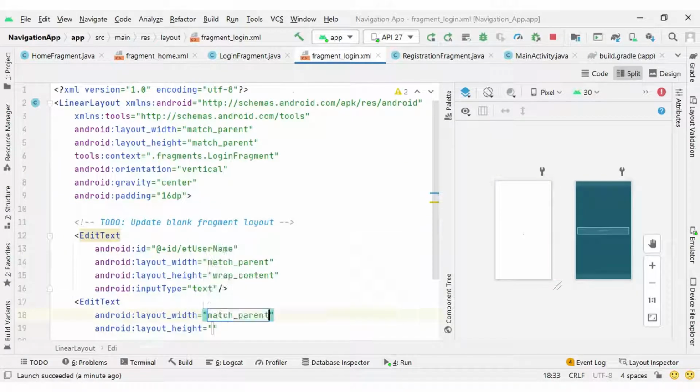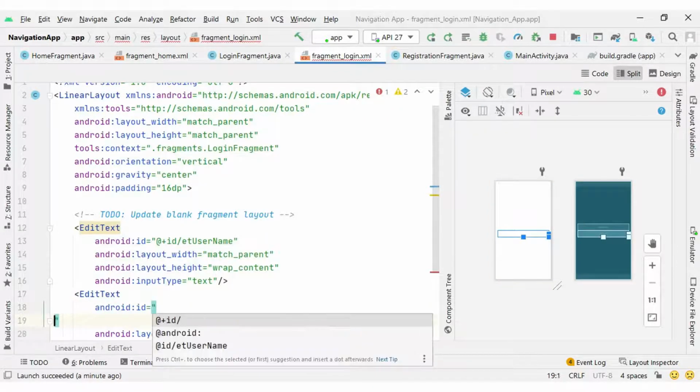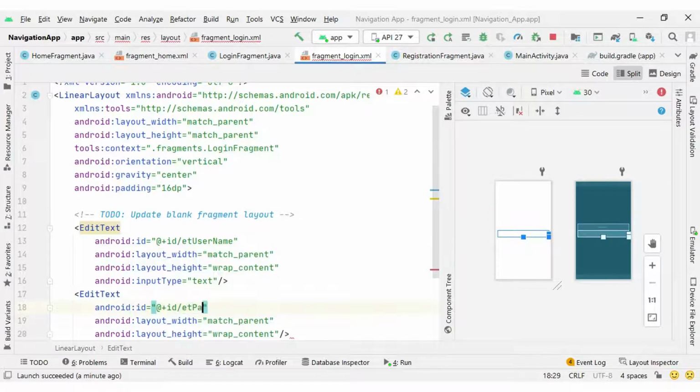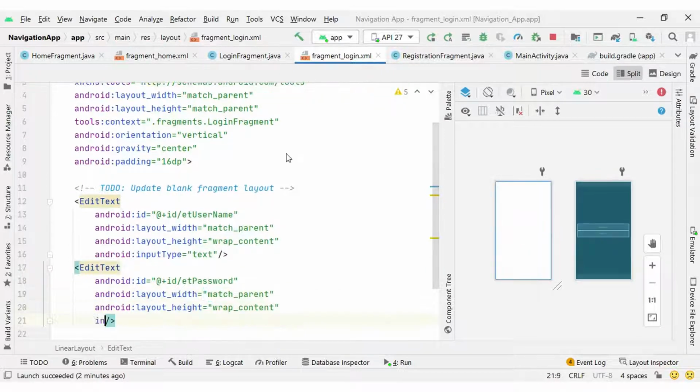One more edit text I am going to create, et password with input type password, and one button.